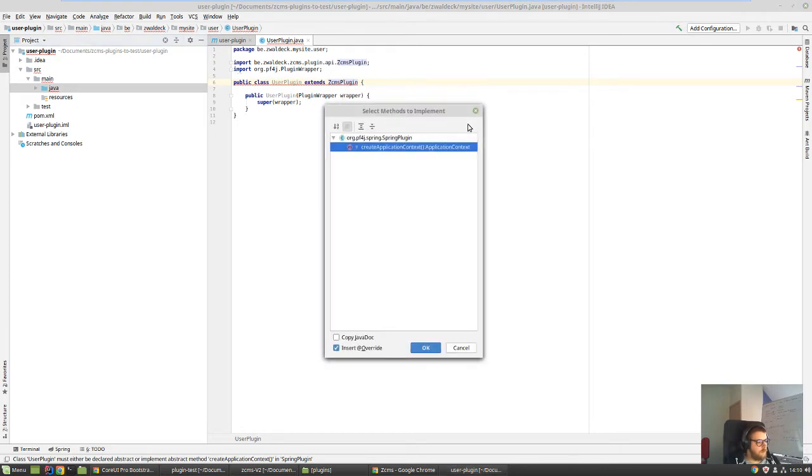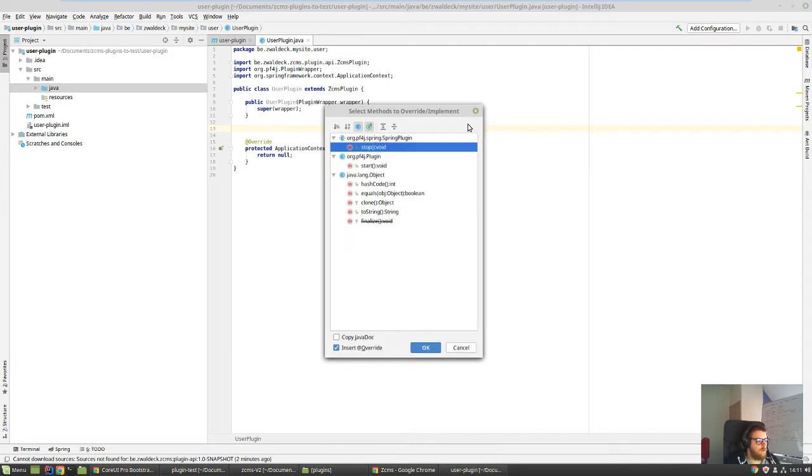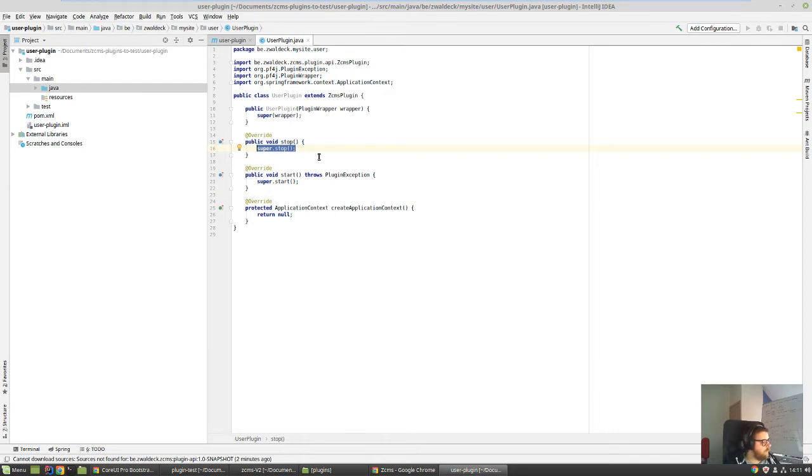And we need to implement a method for our application context, but we will as well override some. So we can do as out